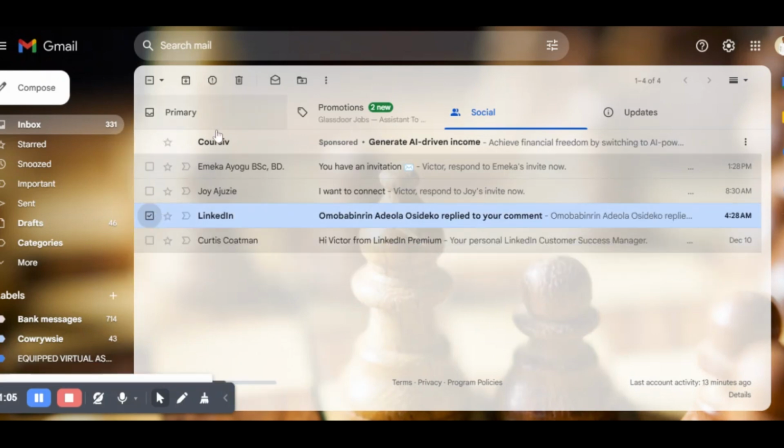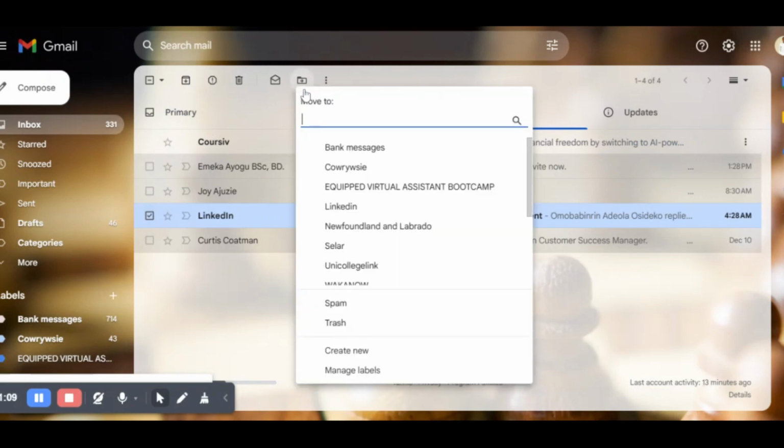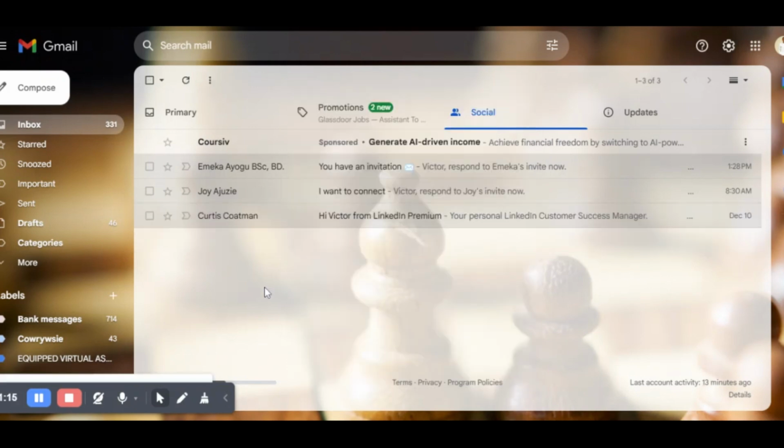When you tick this box, it will give you any of these options. Just go to this last one, move to, you search the label you want, LinkedIn label, and see, you can see that the email is no more in my inbox. I've already removed it from here, but it's in my LinkedIn